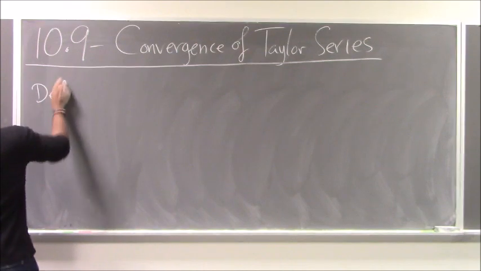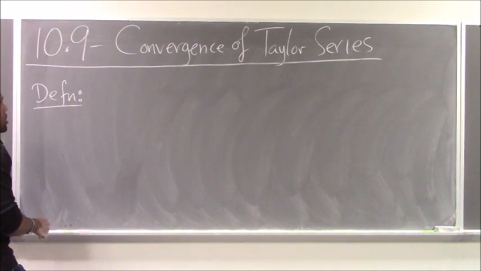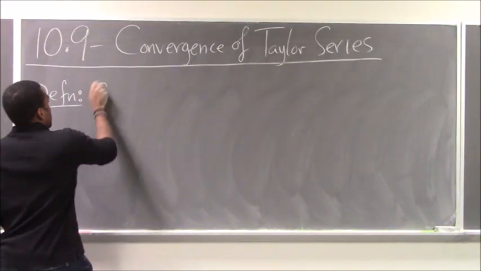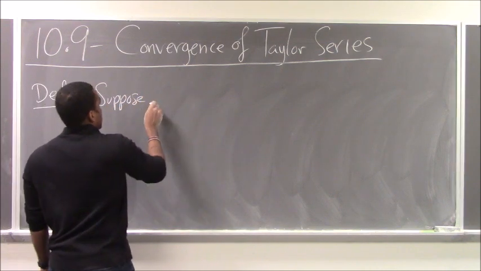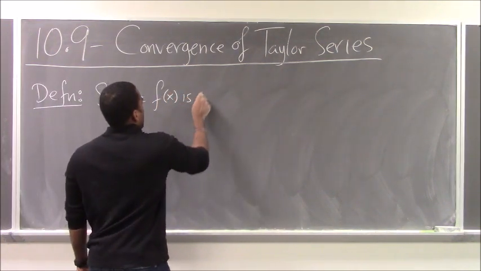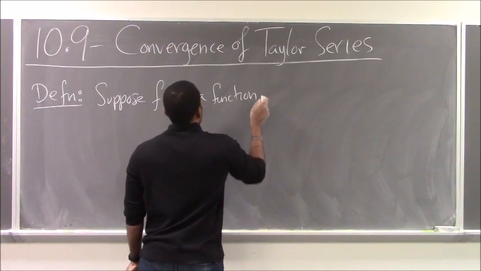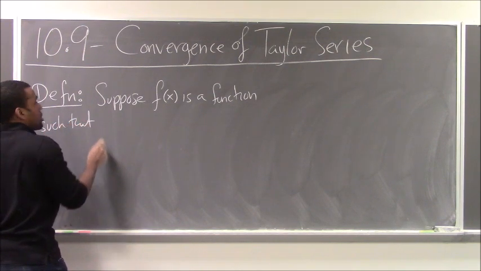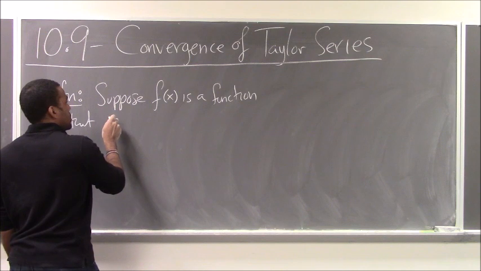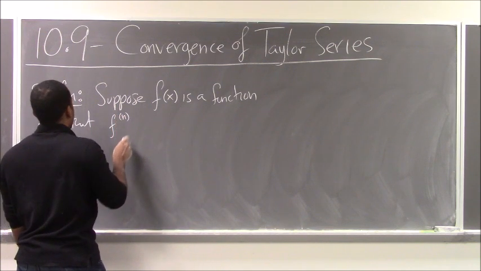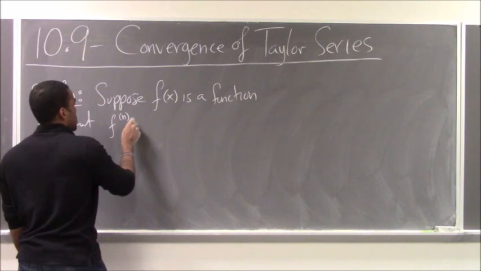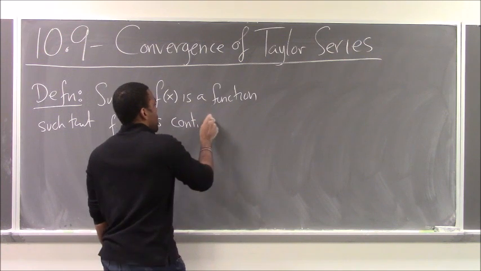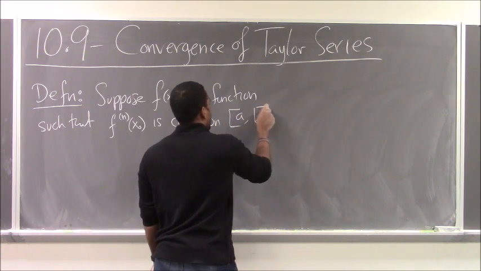So here's one thing I'd like you to know about. There's something called a Taylor polynomial. So suppose f of x is a function such that f to the n of x naught is continuous on the interval ab,